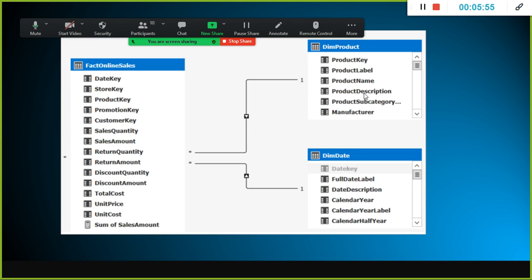So in yesterday's example, we have used this function. I demonstrated to you how to enable this one and what is the advantage of this. For example, if you want to count the number of products year wise, so we want to find out the number of products by year. What happens is you don't have the direct relationship between these two tables. The only way out is you need to enable the cross filter in both direction.